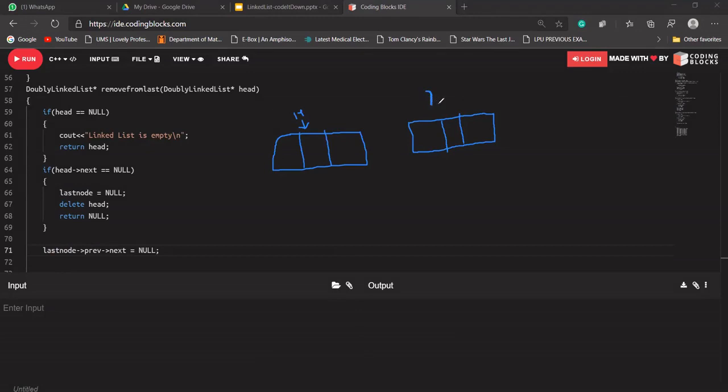Let's make it L. Why? Because this is our last node and its next will be pointing to a null value. And its previous will be pointing to this node. So what I'm saying, last node's previous will be this node, and this node's next should point to a null value, because I want to delete this last node. So the node before this should have its next pointing to a null value.